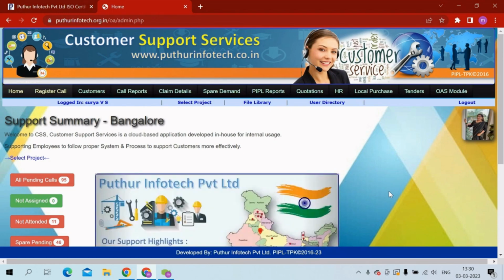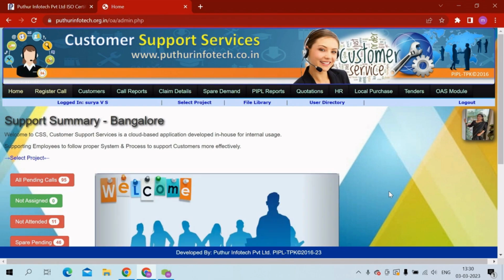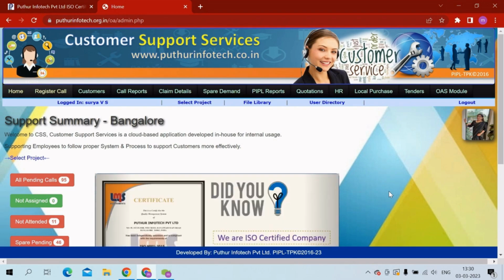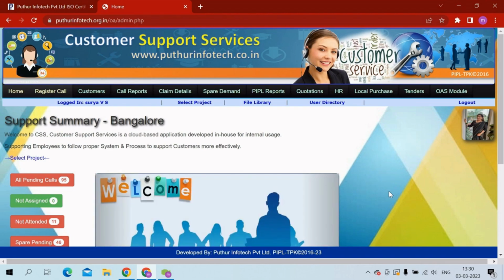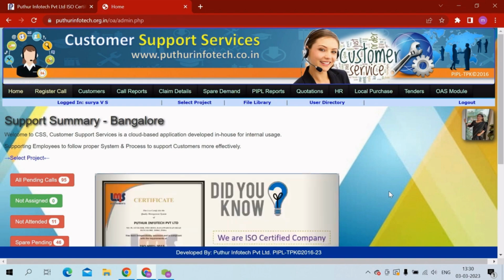The employee's claims, along with all details including distance traveled, mode of travel, customer visited, date and time of travel, and the type of call with ticket ID, are captured and submitted through my app when a particular visit is completed. Once a claim is submitted through my app, it appears in the CSS portal under the claim details menu, so your reporting manager, and then the regional manager, has to approve the claims for payment processing.